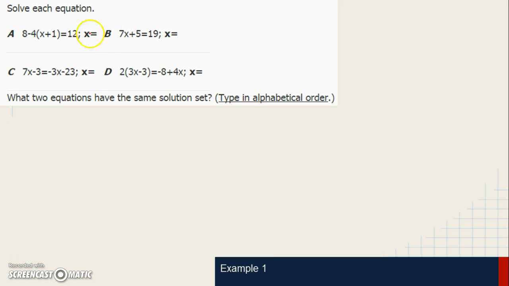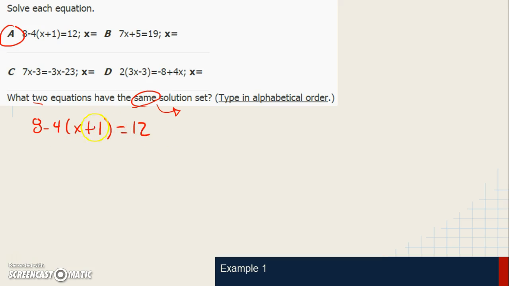And as you can see, it's asking us to solve each equation, and then it's asking us to identify what two equations have the same solution set. So let's go ahead and just solve each equation, and then we'll talk about strategies of checking for the correct answer at the end. So if we take the equation A, which is 8 minus 4 times x plus 1